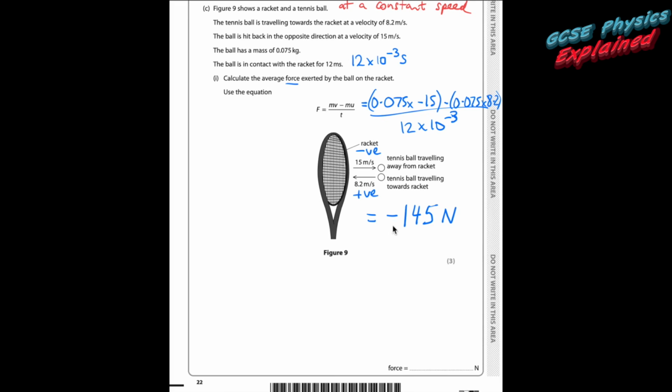Now all that the negative sign means, remember, in the world we've created, negative just means to the right. But they're not interested in the direction, so you can just put